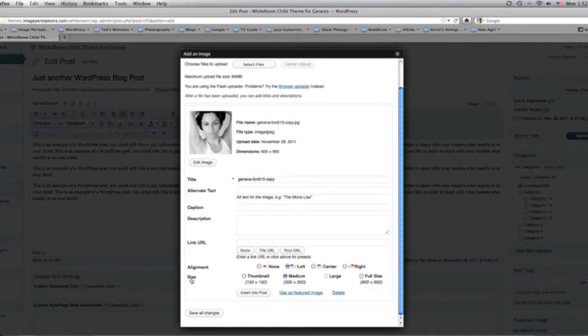Next line down, you want to select the size. You could use a thumbnail, which is this one here, 150 by 150. I don't really want that. I want it to look more like the original. But the original one is actually 600 by 900. And that's just too big for a web page. It would overtake the whole page. So I'm going to select medium, which is 200 by 300. So it keeps the same dimensions as the original one, but it's just much smaller,